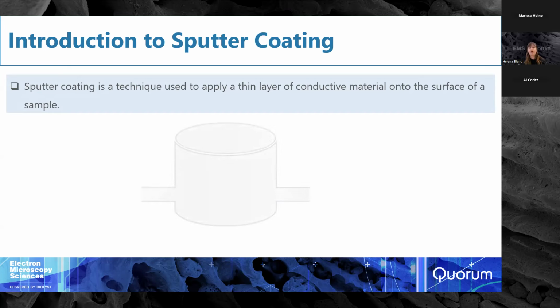And just to go a little bit behind the principles of how sputter coating works, we have our vacuum chamber here, which will have a target, which is our metal, where our coating is going to be coming from. And then we place our sample underneath that target. The chamber is attached to a vacuum pump as well as a gas inlet. We put our chamber under vacuum and we introduce our argon into the system, which is what we typically use